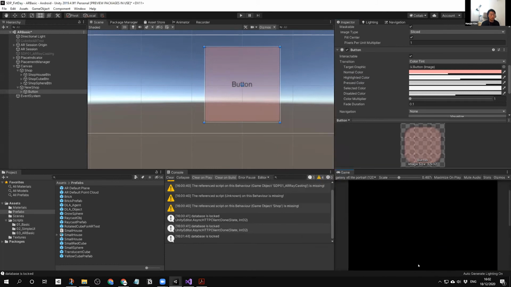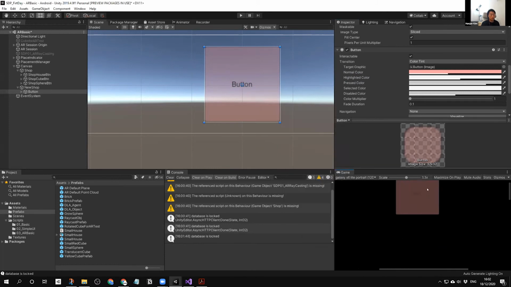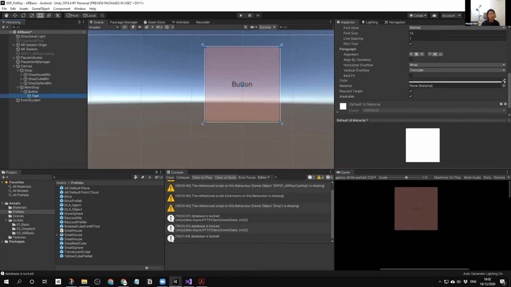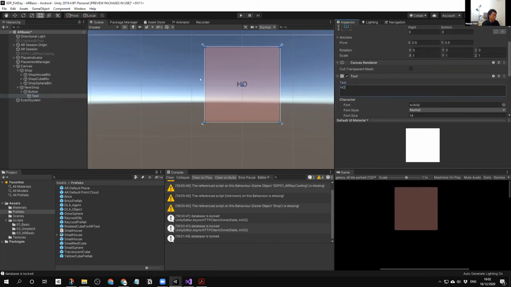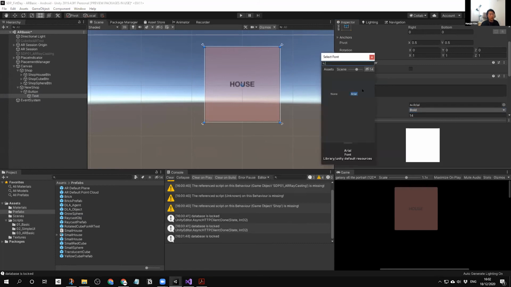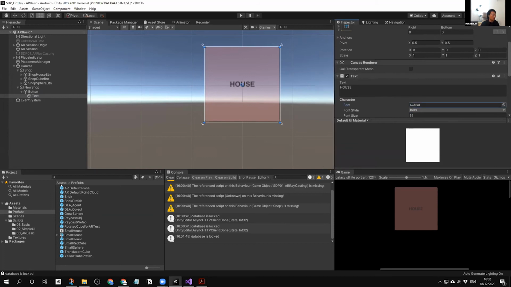And then under the button, there's a text. You can just type whatever you want. I'll say just house. And then you can also give some styles as well. And if you'd like to add more fonts, it's not going to read your Windows fonts. You need to